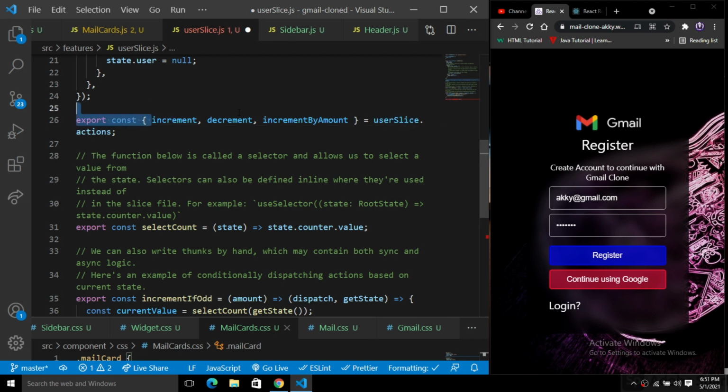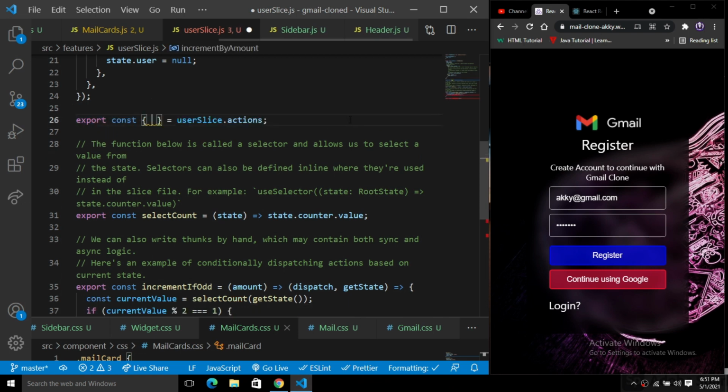Instead of increment and decrement, we have two things, one is login, another is logout, right? So we have the login and logout actions here, and here we have selectCount. Instead of selectCount, we will rename it selectUser, and here we have state.user.user, which is the value.